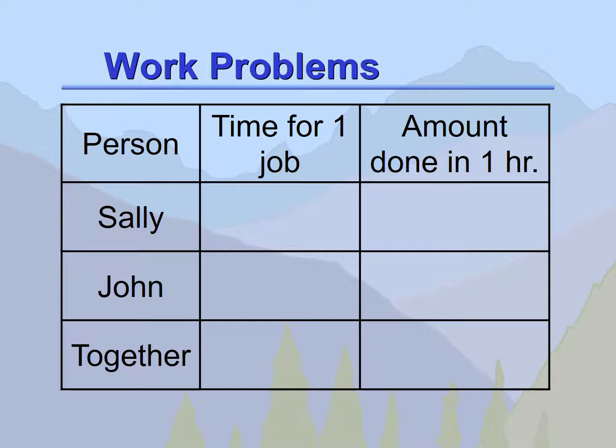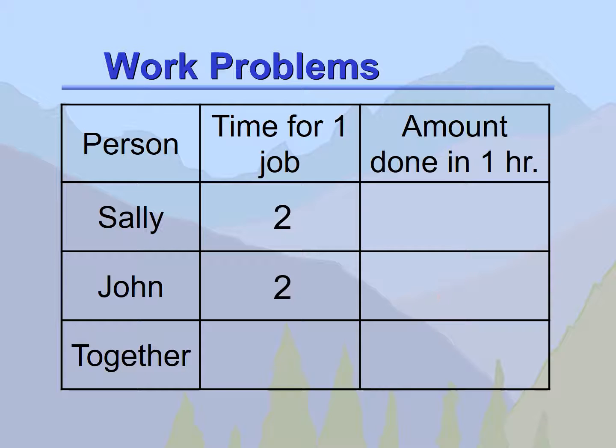So you can create a table to represent work problems. You're always going to put horizontally the titles, right? So you'll have person, you're going to have a column for the time for one job, and then you'll have a column for the amount done in 1 hour. So let's look at Sally. Sally took 2 hours for one job. That means that the amount done in 1 hour is going to be 1 over 2. Then for John, it took him 2 hours as well to do one job, which means that the amount done in 1 hour for him would be